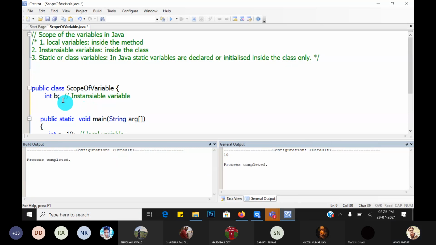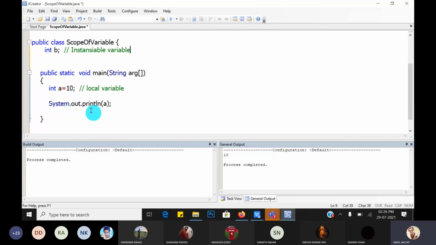Great. Now tell me, if I want to display that b inside the main function, System.out.println and print the value of b. So guys, what is the value of b?